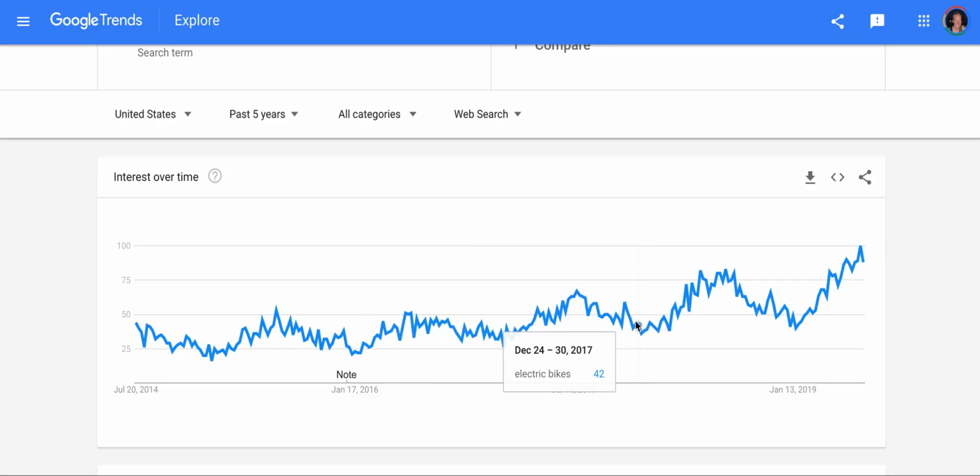So know that it's going to dip. If you're going to get into electric bikes, know it's going to dip in the winter. Be prepared for that. Save up your money from your profits in the summer and take a break during the winter and kind of relax a little bit. But be prepared for heavy sales from spring all the way through till the end of summer, and it's going to dip sharply in the fall.